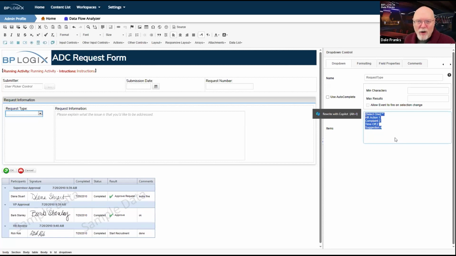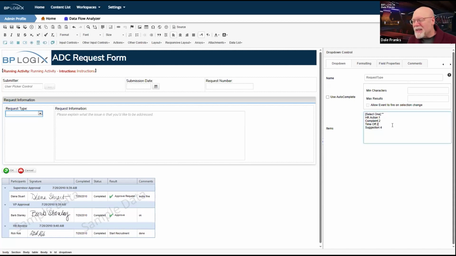So it's a fixed static list. The names of states and provinces don't change all that much. I'm looking at you, Canada. But they occasionally change, especially in Canada. So you might have to go in and change that list. And the nice thing about it is if you do have to change that list, you only have to change it in that one place. You have to change it in the drop-down object.